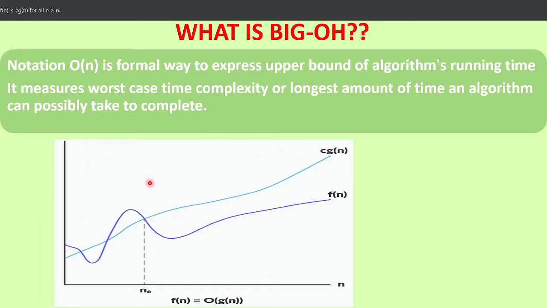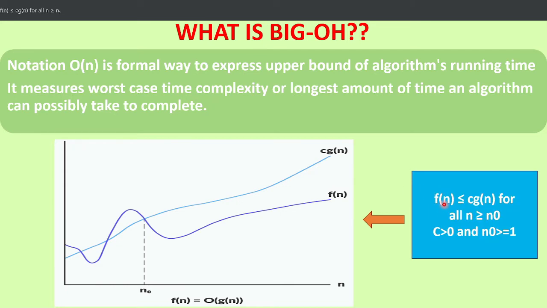Now this is a graph for big O notation. This is the equation given: f of n equal to O of g of n. So there are two functions, f of n and g of n, and c is a constant. The x-axis which you can see is n, where n stands for the number of inputs given. Your algorithm will have some input, that is n, and based on the input we check the time required for the algorithm to execute. The vertical axis is your running time. So every function f of n and g of n will be compared with the input and the running time.